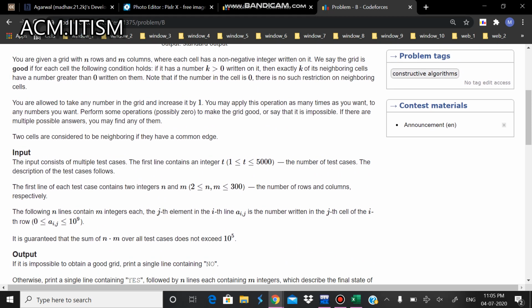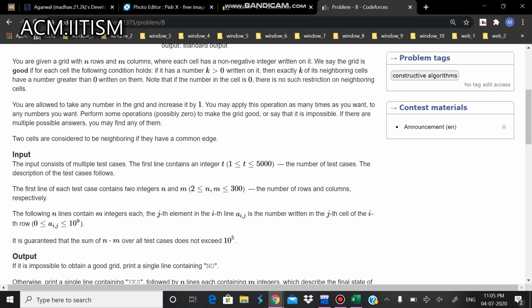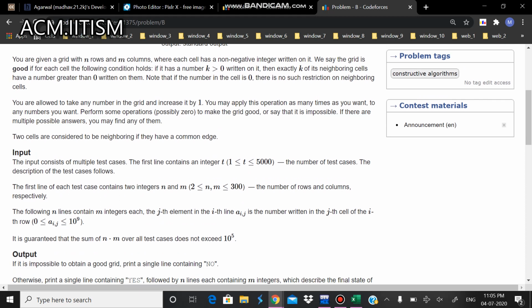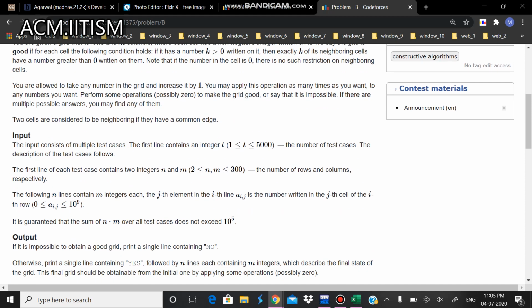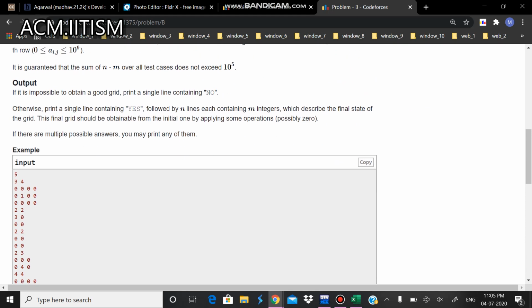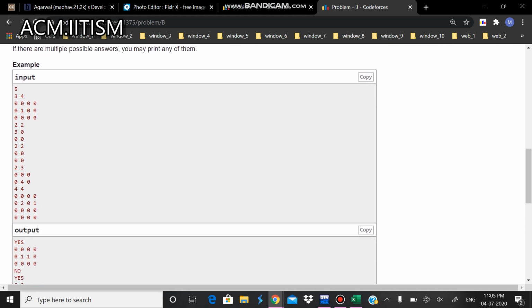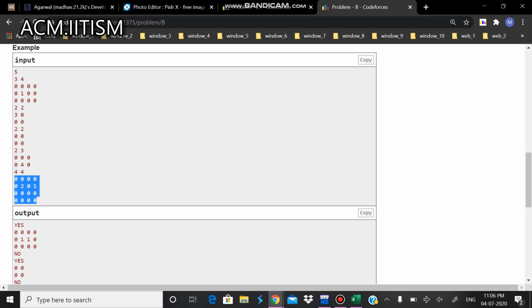First of all, if you are thinking of the naive approach, then I'll tell you that it will go very tough, and it's very complicated also. You might be using recursion or something, but it will get very complicated. So let's think in this direction: suppose we have a 4 into 4 grid. Now I'll assume all my numbers to be positive. That is the first and very important assumption. I'll assume all my numbers to be positive.